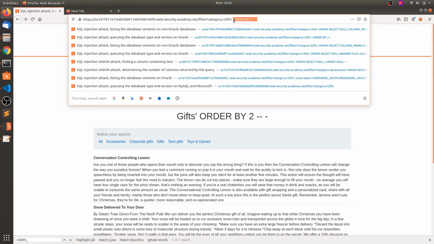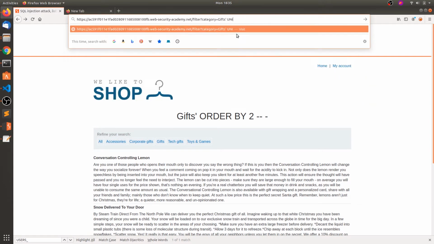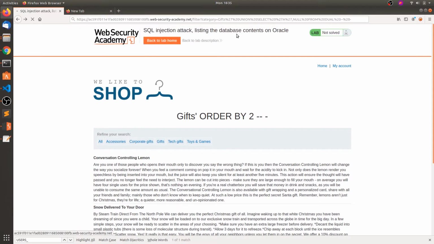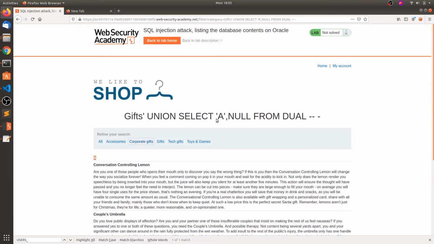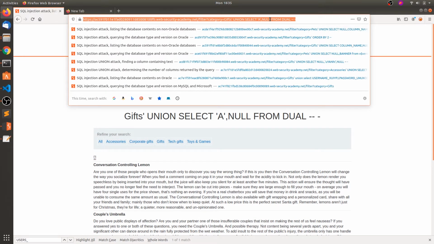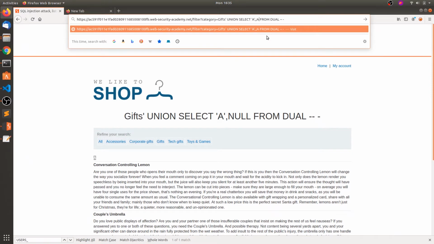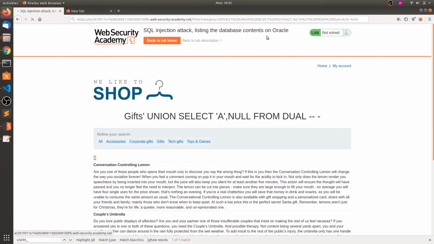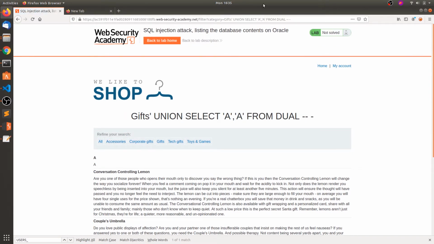In those 2 columns we need to specify which one returns the string type. Remember, this is the Oracle database, right? Null from dual, or you can also say v$version. The first one is string type. The second one is also string type.